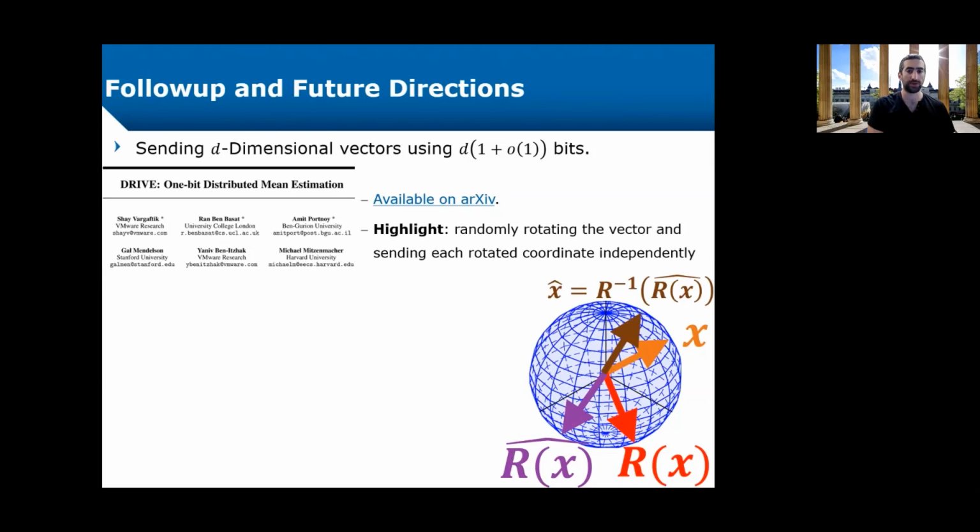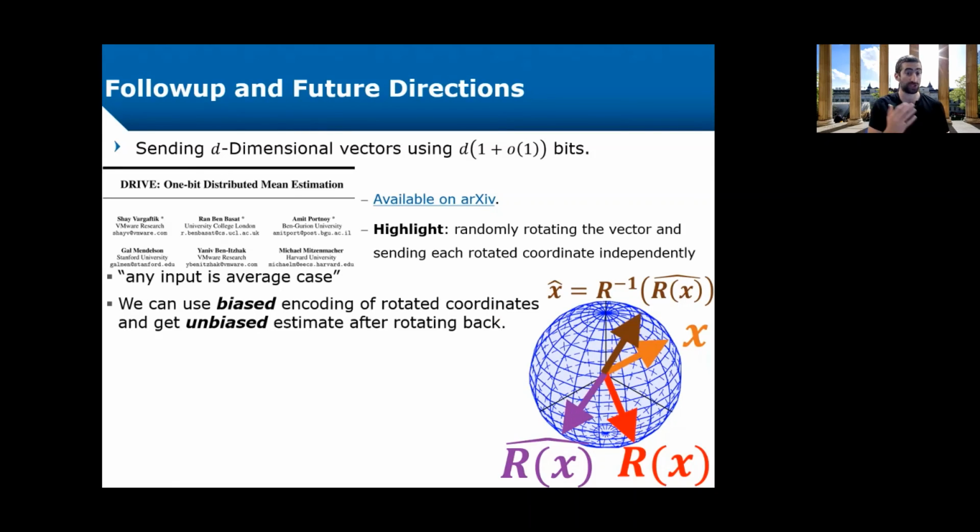So why do we do that? Why do we want to rotate x, right? So first, what it gives us is that the adversary cannot choose a bad input vector. And the idea is that after the rotation, the vector is going to land pretty uniformly on the unit sphere. So in that sense, it cannot force us to have a large error. So any input would have the same error, right?